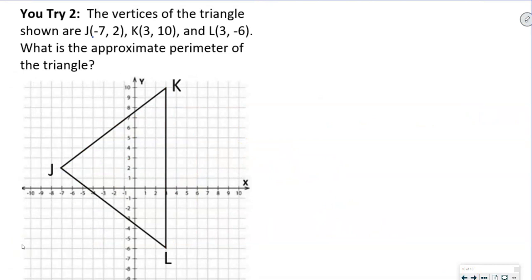It says the vertices of the triangle are J, K, and L. Gives you the points. What is the approximate, again, perimeter of the triangle? Y'all got to read, okay? So to do this one, again, we could count KL, right? KL, 1, 2, 3, 4, 5, 6, 7, 8, 9, 10, 11, 12, 13, 14, 15, 16. That's 16, okay? To find JK, we're going to go up